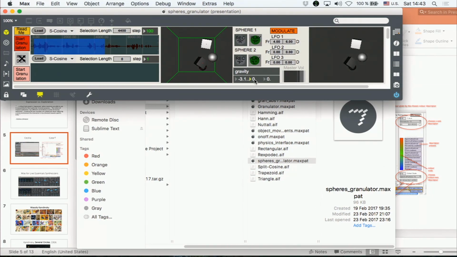And if I modulate gravity on all three axes, I can get some pretty complex movements. And you can still grab the objects around. It's just that gravity also makes them move.